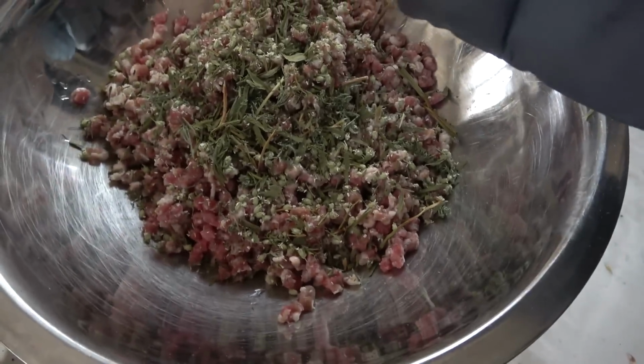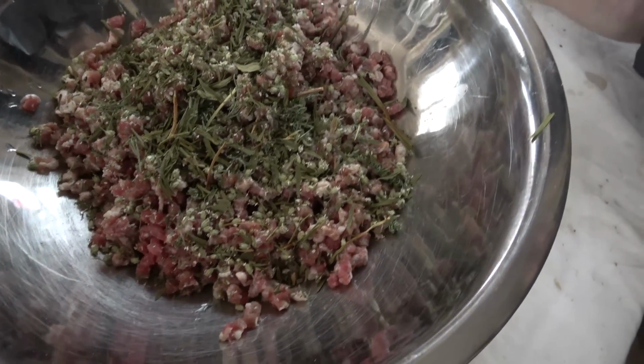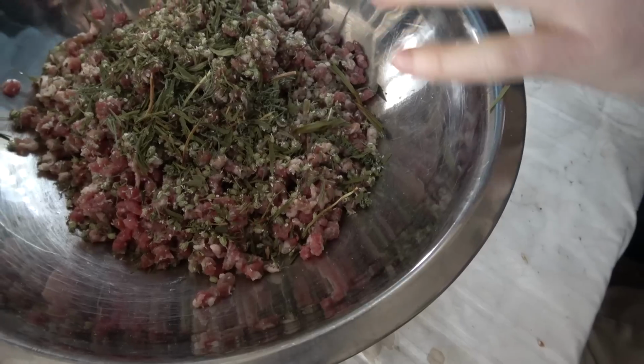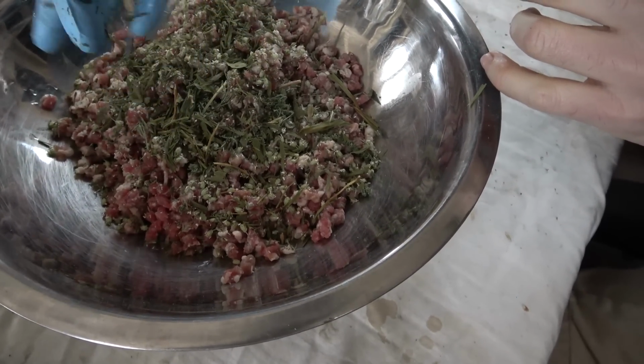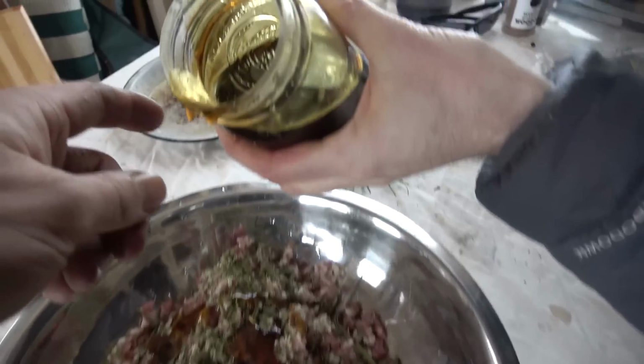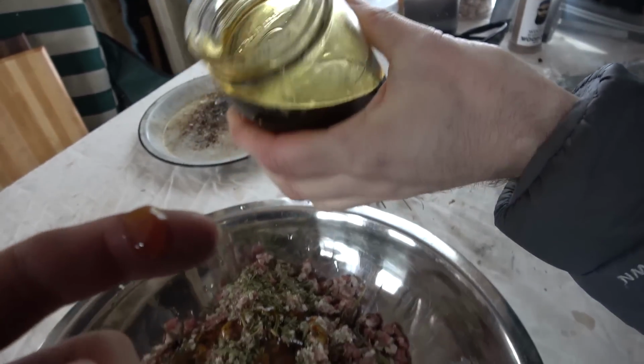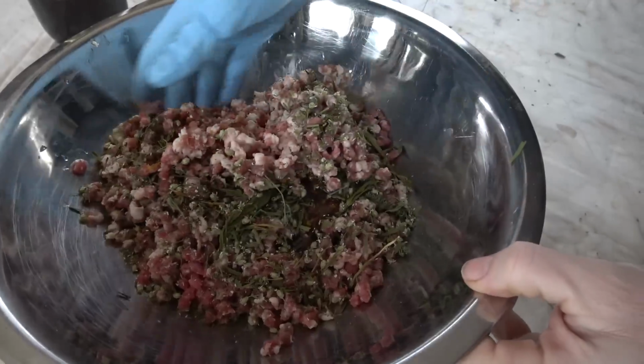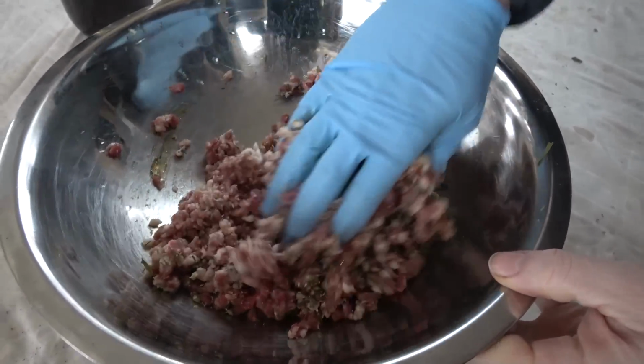So if you weren't privy on what that is, you would think that's hamburger meat at this point with a whole lot of really great spices. I almost always say oops when I add maple syrup to something. It's like, oh, accidentally put too much. To my benefit. Yeah, we'll be alright. And then we'll